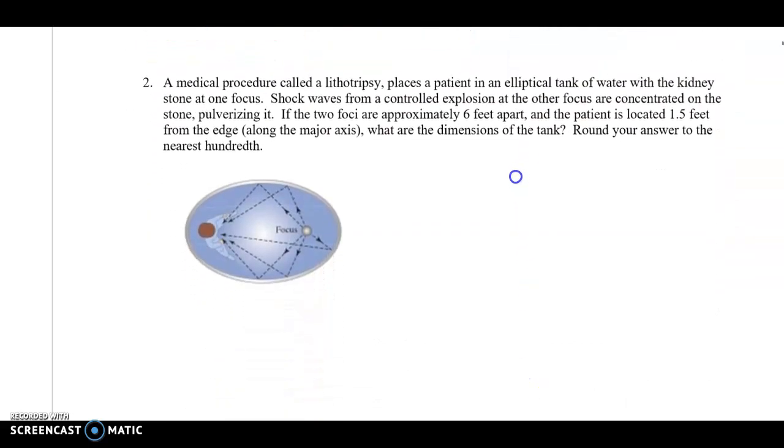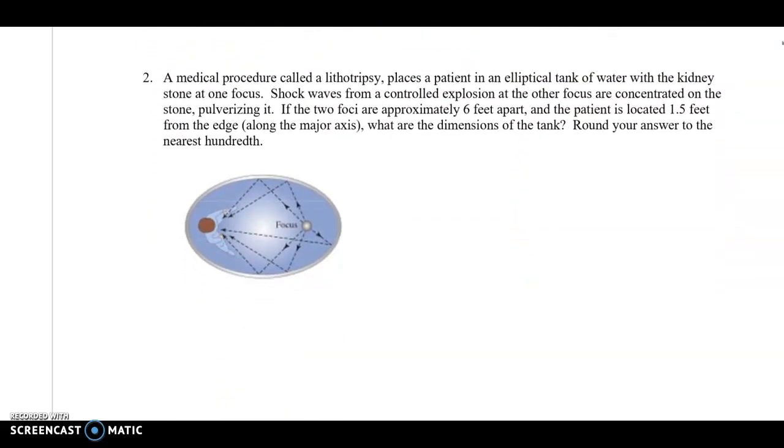A really neat feature geometrically about an ellipse is that physically, anything that starts from one focus, if this is a physical world, would bounce off the ellipse and then go towards the other focus. Really neat physical feature. You're going to watch a video in a little bit about a pool table that uses that for a game of pool. All right, so if you just read this real quick on your own about a medical